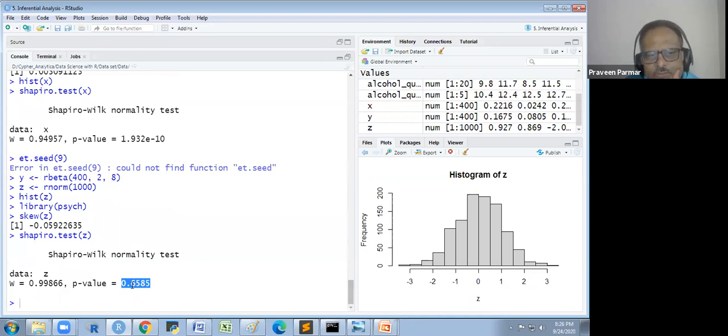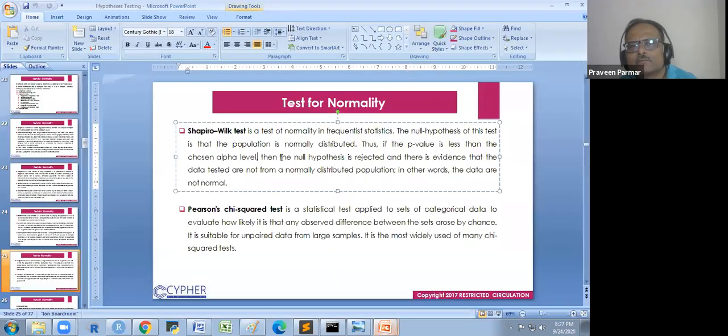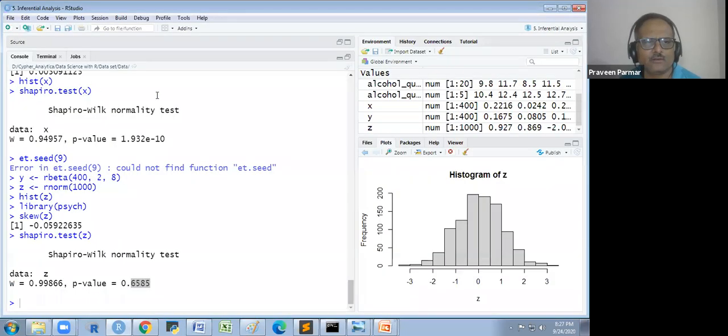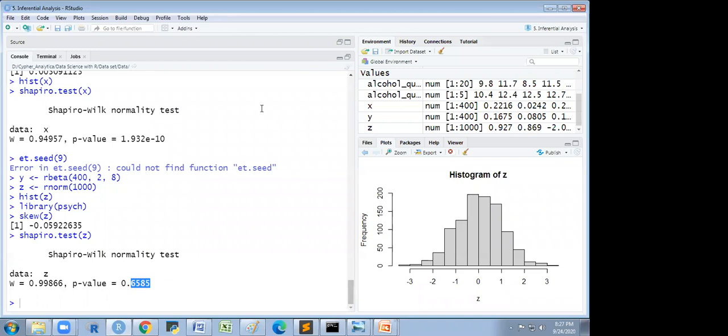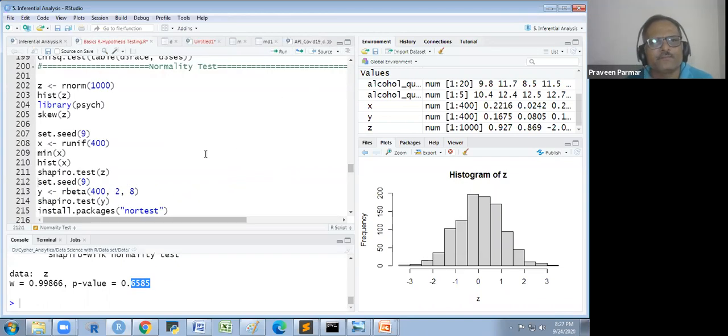It is 0.65, so it is normal. Okay, it is normal. The null hypothesis of the test is that the population is normally distributed. So it is normally distributed. Our null hypothesis has been accepted. Okay, sorry for that misconception. Because of that value, I have got it. Okay, because we have taken the normal distribution. So is it clear to all? Yes, sir. Some mistake occurred over there. I don't know what was there.